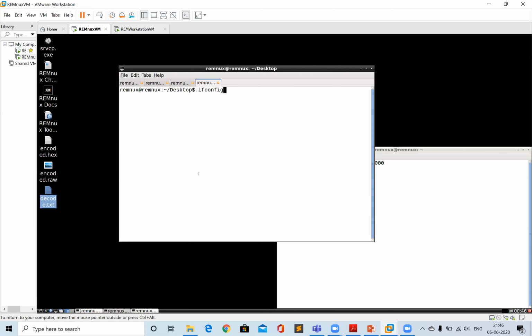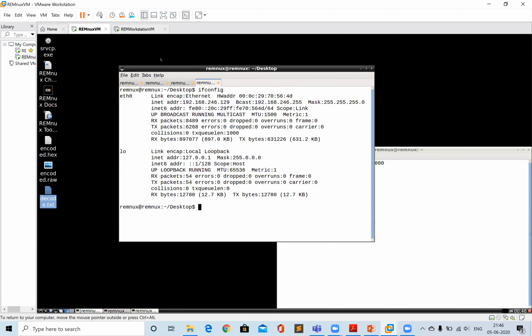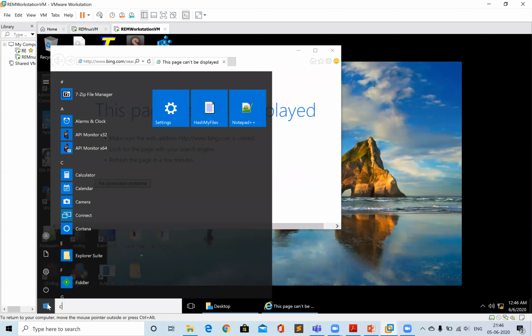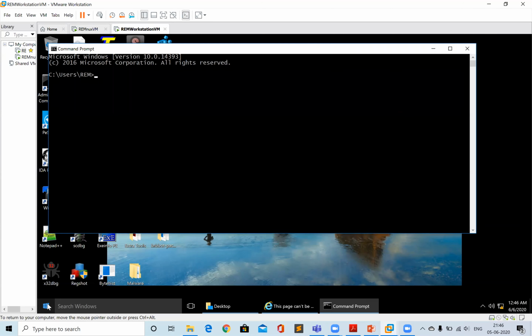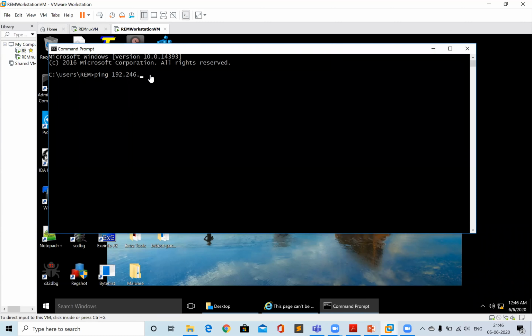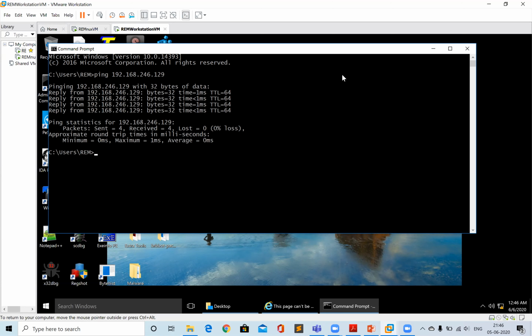Let me see once. I have ipconfig 246.129, and let's ping that IP quickly. So we have the connection to that.